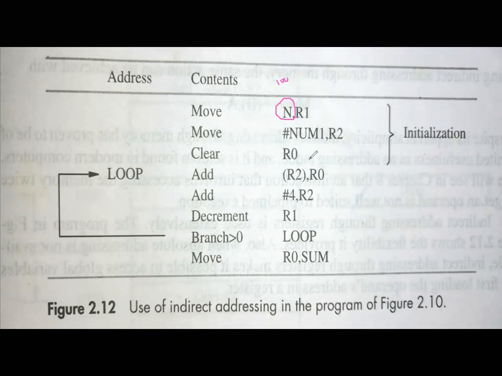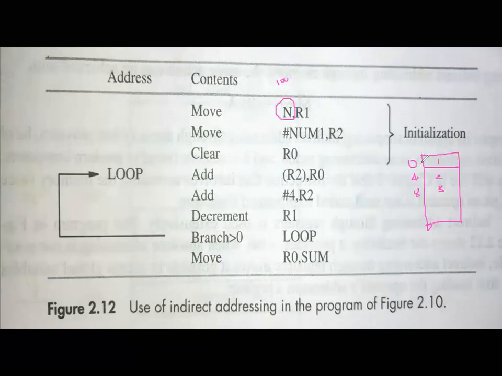Remember this. In our example we have the numbers 1 to 100. The first number is stored in a location labeled NUM1. The second number is stored in a location labeled NUM2. Those labels we want to shift to R2, exactly. Clear? That's why we are using hash NUM1, the address of the first number, to R2. Remember, all these numbers are stored in memory locations with a difference of 4: 0, 4, 8, like that. First number, second number, third number. I only want to shift the address, I don't want to shift a value.